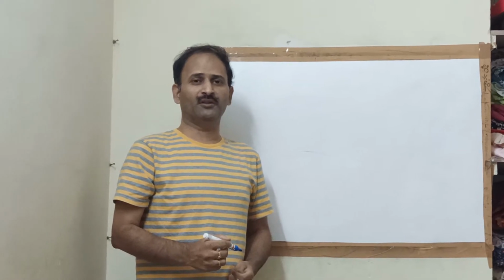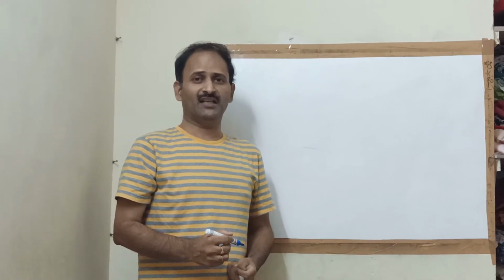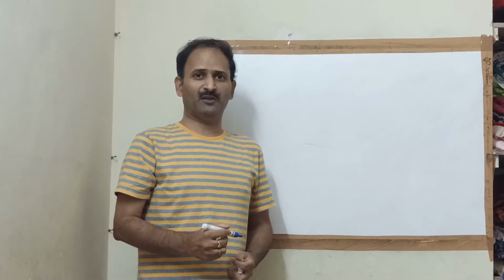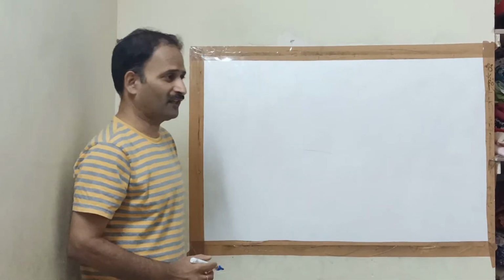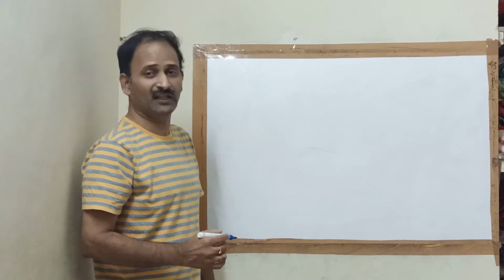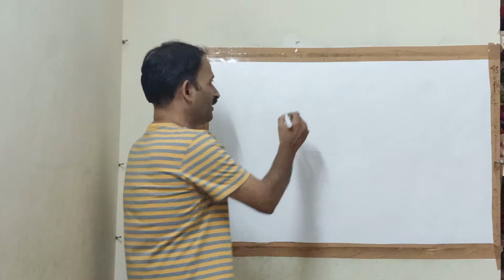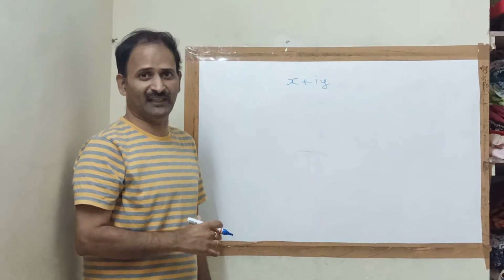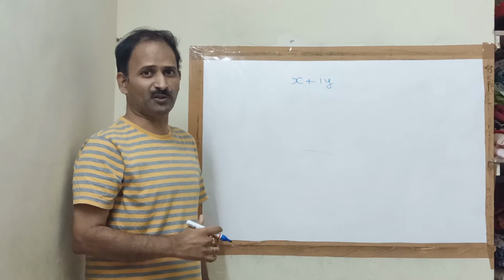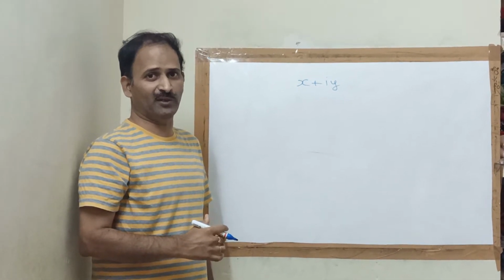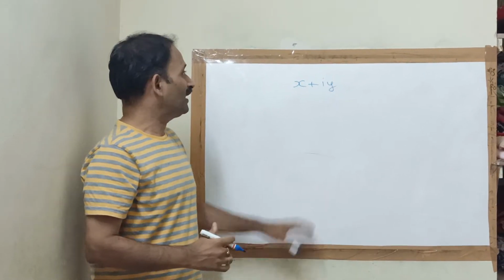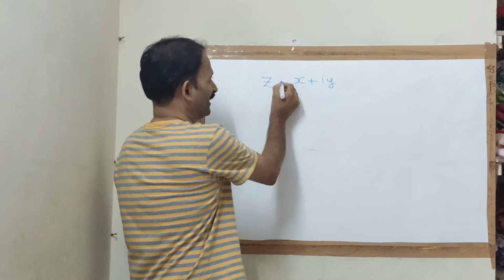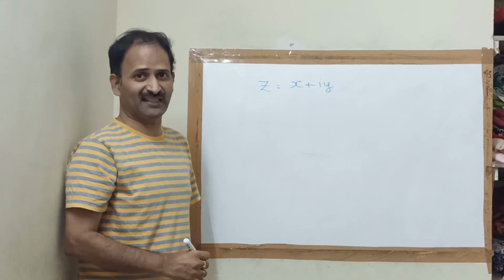Today I am going to discuss complex numbers and one part of the complex numbers, that is complex rotation by Coni's method. Okay, here first, what is a complex number? A number which is of the form x plus iy, where x and y are real numbers and i squared equals -1. i is called iota, that is imaginary. In general this complex number is denoted by z. z equals x plus iy.